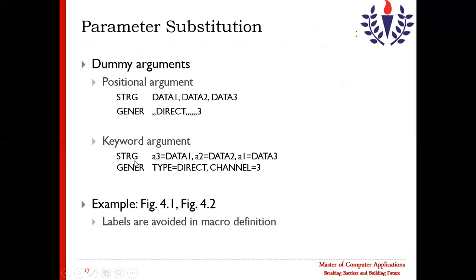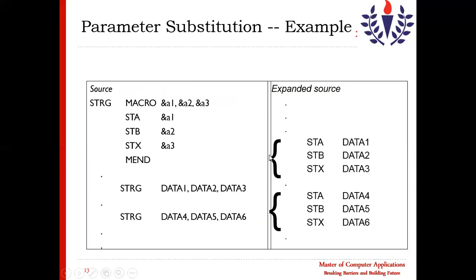Later on, see here, another way. Positional arguments we have already discussed. Keyword arguments: like here, a3 equal to data 1, a2 equal to data 2, a1 equal to data 3. If I go to this statement, here I'm simply writing a1, a2 and a3.